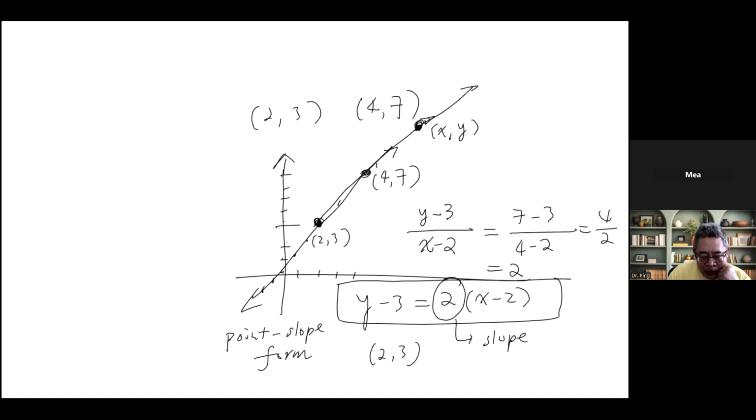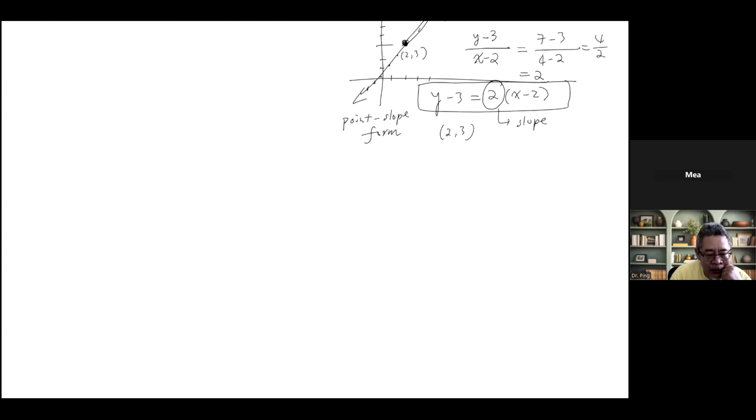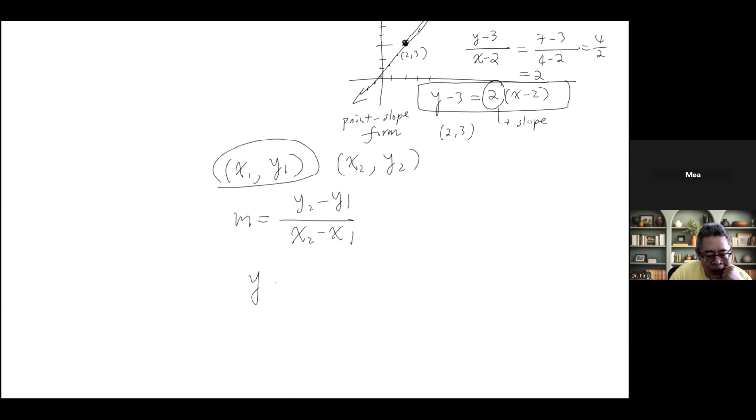Which have the slope and the point. And we can have a general form for that, based on this example here. The general form is for any points. We've got 2 points, (x1, y1) and (x2, y2), then our slope, we know, is y2 minus y1 over x2 minus x1. And so we just pick one point. If we pick this point, then we have to have